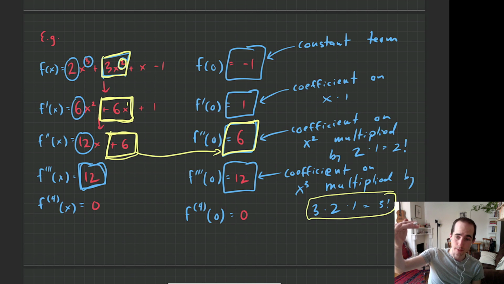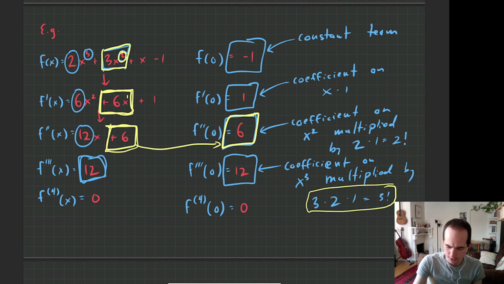So you're going to have to multiply by the exponent, then 1 less than the exponent, then 1 less than that exponent, right? So that's where the factorial comes from. So if we wanted to, we could take this original series of numbers that we got from the black box, the -1, the +1, the +6, and the +12, and we could use that and reconstruct our